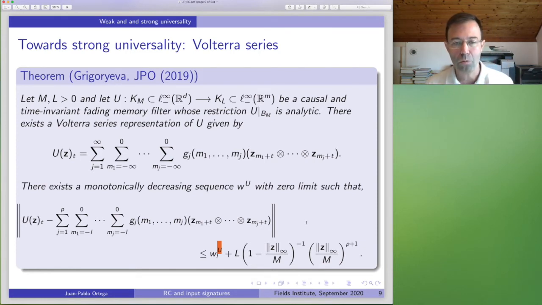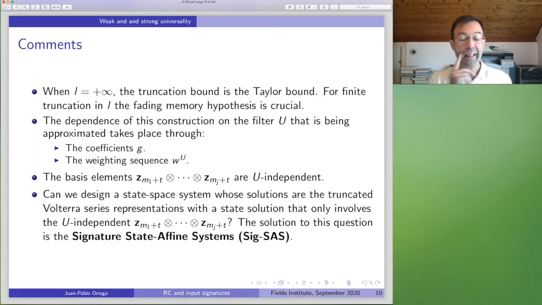Or something to inspire you towards this strong universality, because you see, there is no state space representation. This is just an input-output system. So what we are going to do now is create an input-output system whose solution is going to be this strongly universal basis. This is what we are going to do now. So here you have what I just said, so that you have it in writing, in case you want to look at it in detail by stopping the video.